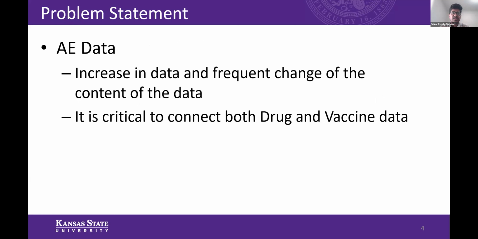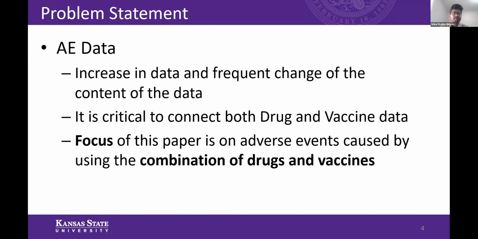The data for adverse events is increasing every day, and there are also frequent changes in the content of the data. Connecting this drug and vaccine data for human health is critical. So the main focus of this paper is on adverse events caused by using the combination of drugs and vaccines, and finding out if they are related in any format and trying to connect them both using a semantic web